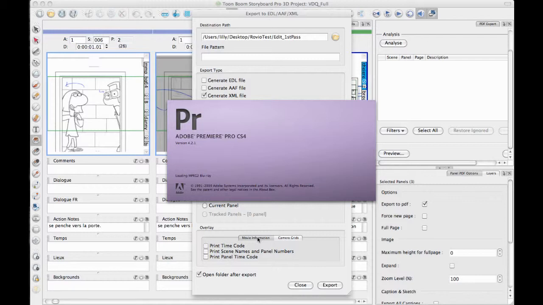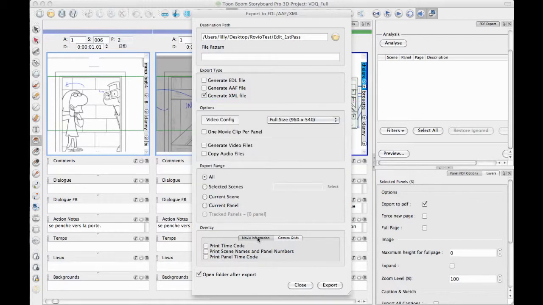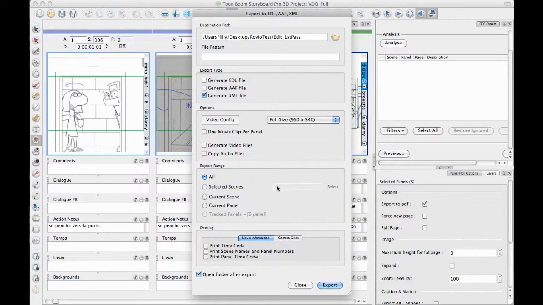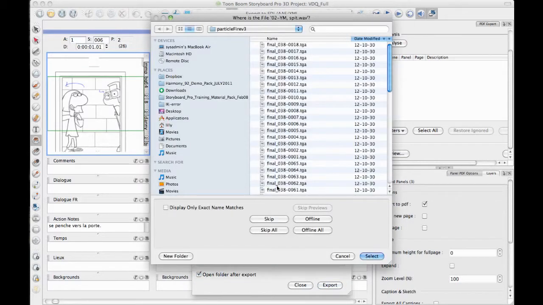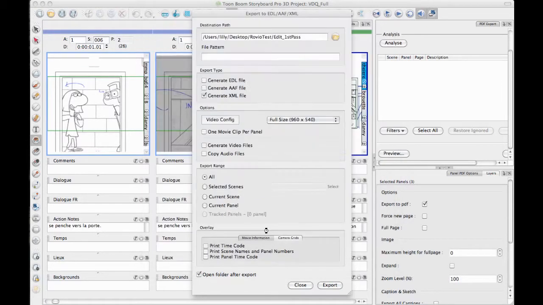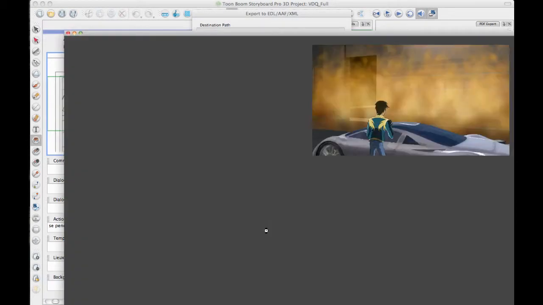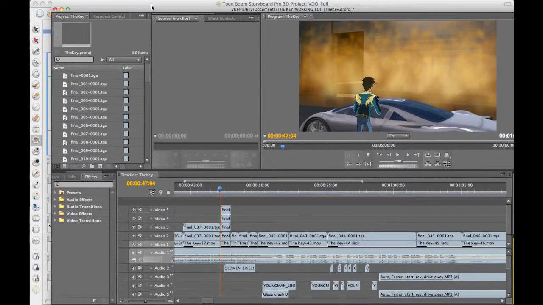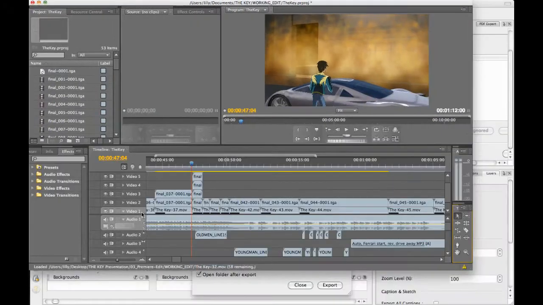Because this whole aspect of pipeline is not just about what you're doing in Storyboard Pro, but it's about what you're going to do next. So there's 2 things that you're going to do next. One thing is you're going to get started on a working edit, and then the second thing is you're going to go back and do some animation, or you're going to go out and shoot some film if you're doing it in live action. So for the first working edit, in the case of Premiere here, we have exported movie